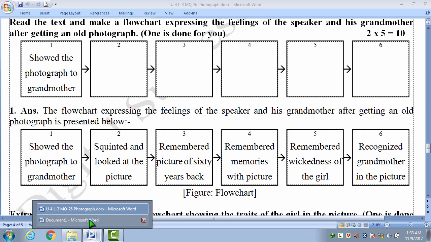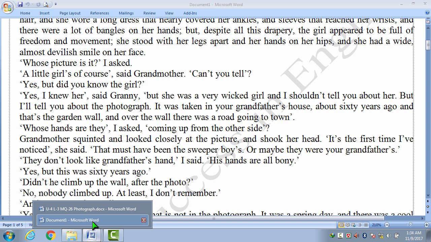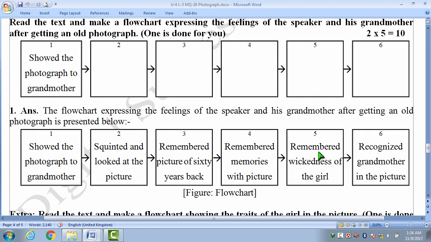We are going to the passage. She was a very wicked girl. So দাদির ছোটবেলাকার কথা অর্থাৎ ছবিতে যেটা আছে সেই ঘটনাগুলো মনে পড়ছে। সো আমরা তথ্যগুলো এখানে লিখেছি. Remembered wickedness of the girl. Remembered verb, wicked adjective থেকে wickedness আমরা noun form ইউজ করছি। wickedness of the girl এটা অবজেক্ট, আর অবজেক্ট হওয়ার কারণে আমাদের নাউন তৈরি করতে হয়েছে।